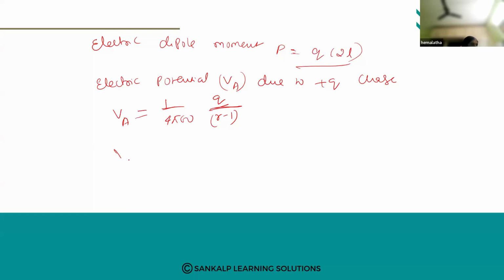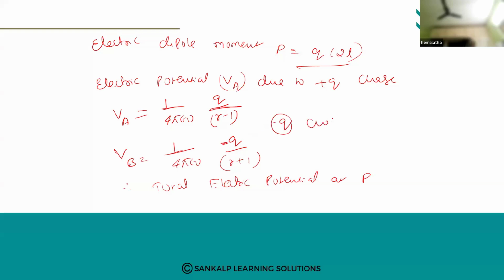Same thing for the other charge, the electric potential has r plus L, because the charge is minus Q. Therefore, the total electric potential at P due to the electric dipole will be